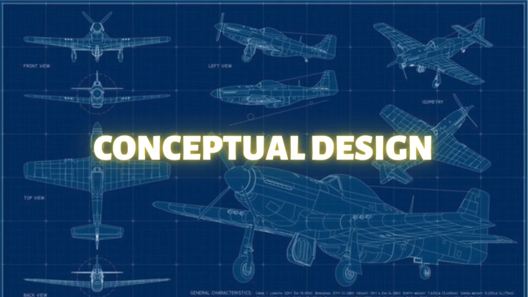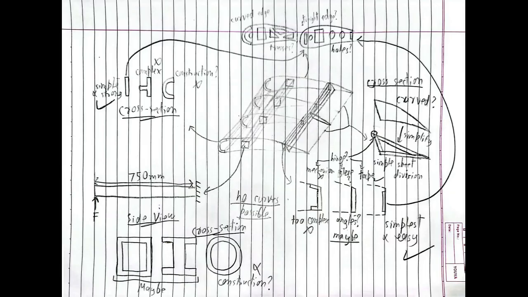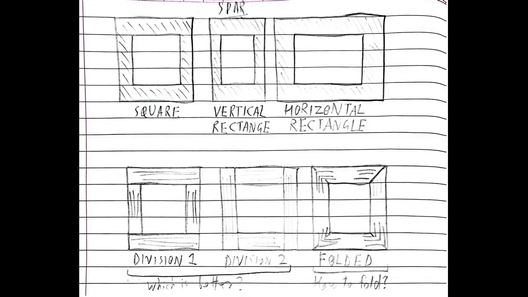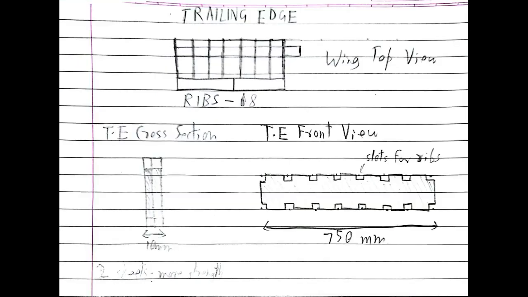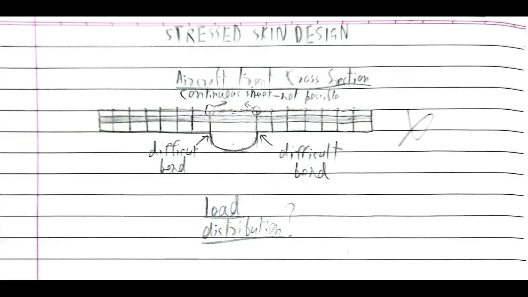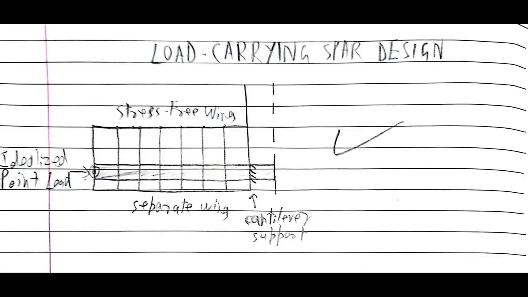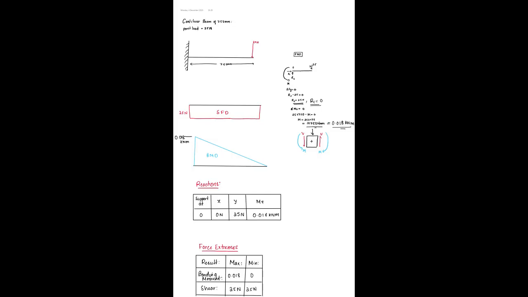For the conceptual design, our group started off with breaking down the wing into different components and understanding each one by drawing out different shapes for each as a 2D sketch and understanding its viability. We decided to proceed with the load-carrying spar design because of its idealized concept and easy understanding of the forces